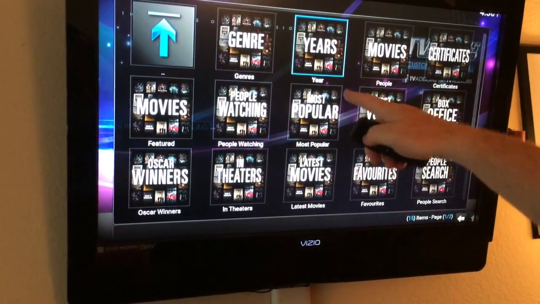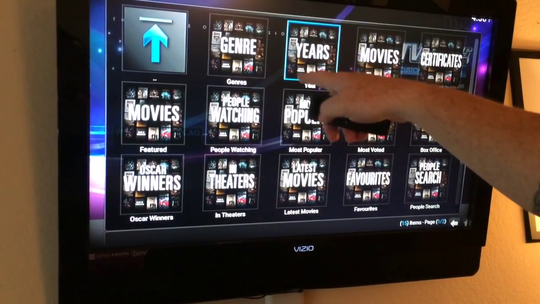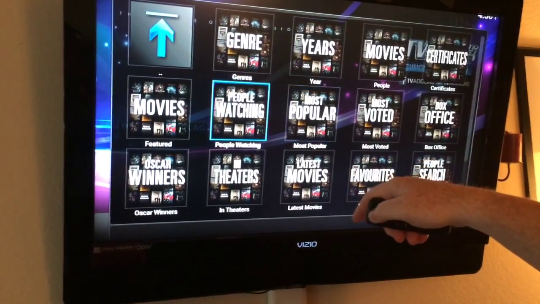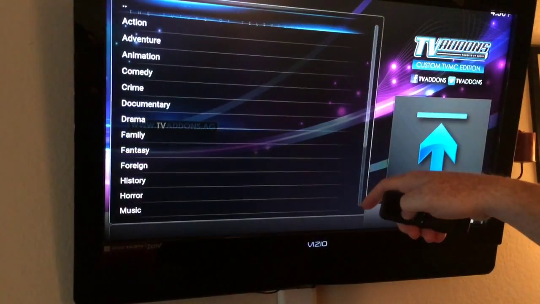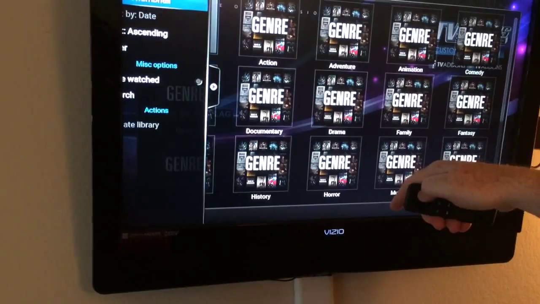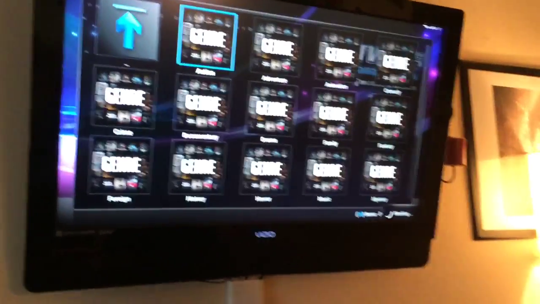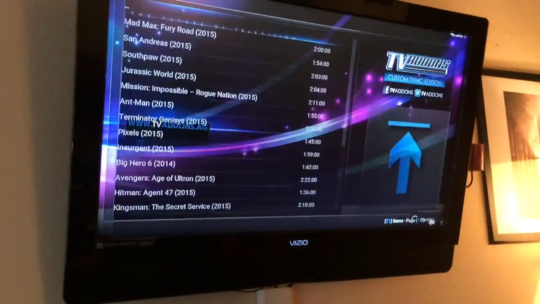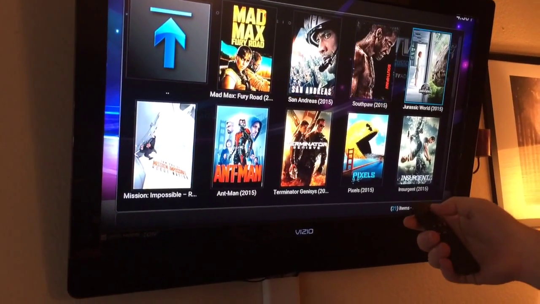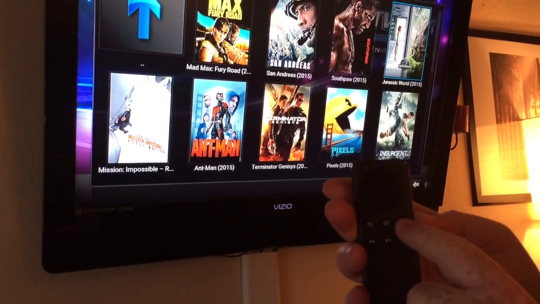So for the movies, you can go by year, you can go by genre, you can search, and once you pick a movie that you like, let's say like an action movie. So there's all sorts of different movies. Let's say Jurassic World. You hit the three lines, you hit it,